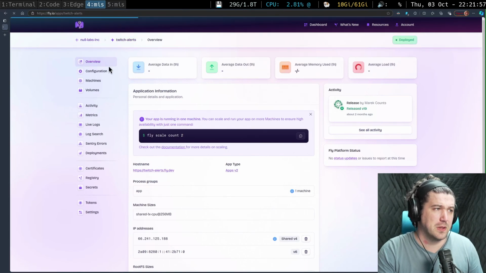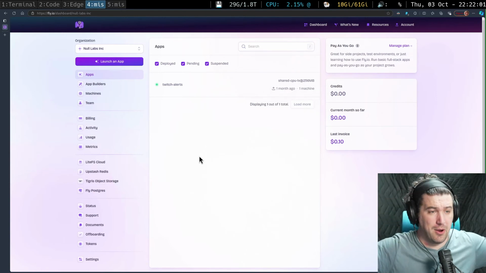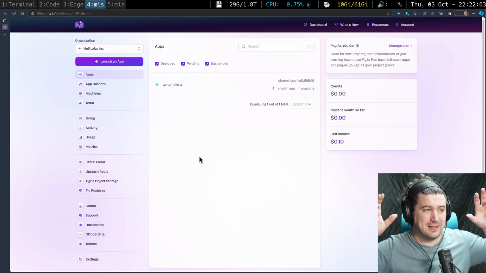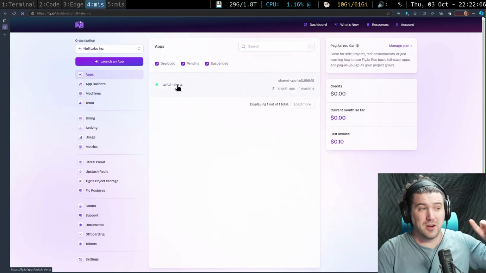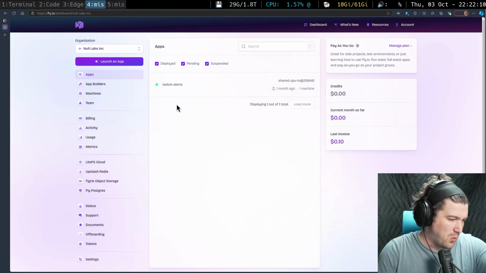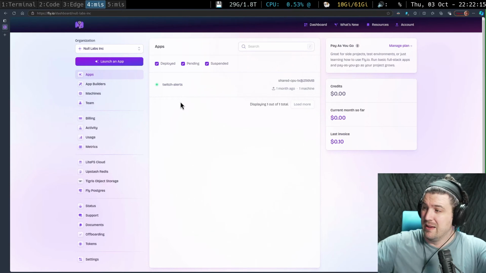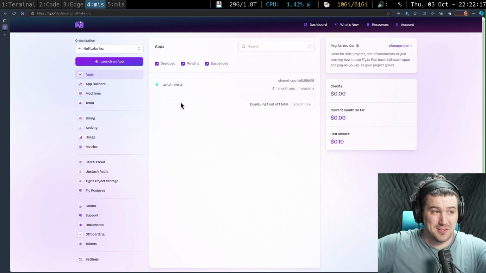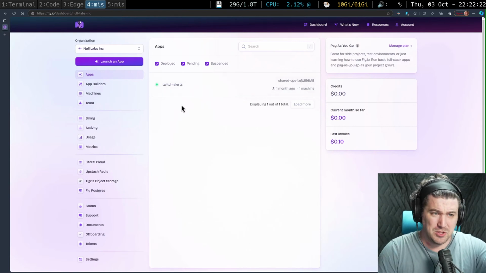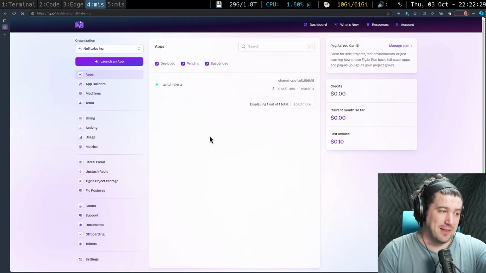I have actually really liked Fly.io. We've been experimenting with it. It seems pretty cool. Now, that startup speed was atrocious, and I don't know why sometimes it is. It takes forever. Like I said, when OBS starts up, that's usually what triggers it. But for some reason, that was atrocious. And usually it's like a second or two, like it just pauses before loading, and then it's good to go.